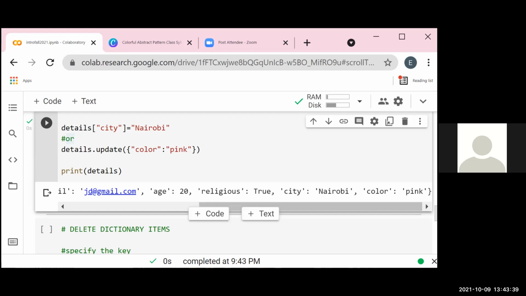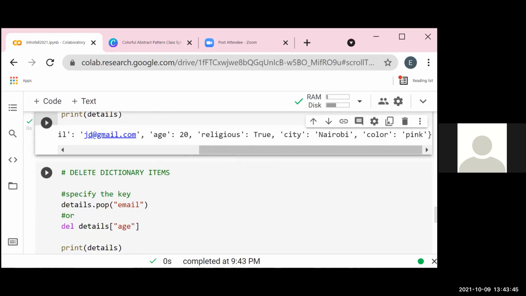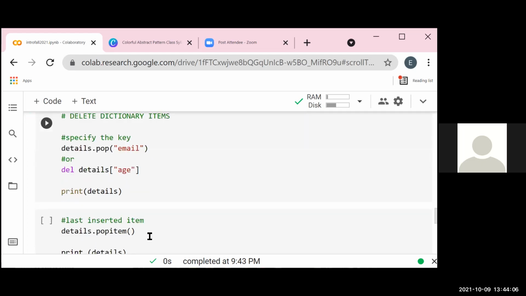So we have talked about creating, reading, and updating. Now we look at deleting. To delete an item in a dictionary, we do the same, we use the pop method. In this case, instead of using an index, we use the key. So we want to delete the email key value pair, and as well we can delete the age key value pair.